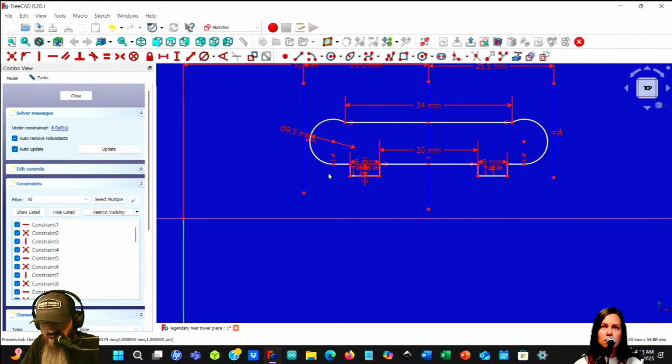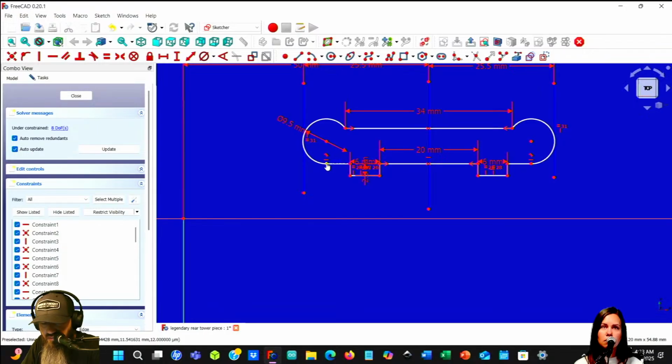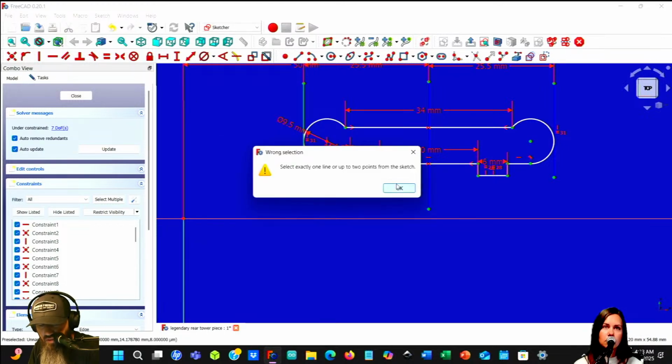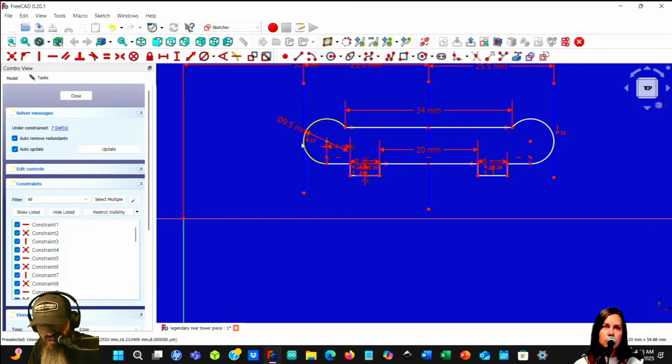And so basically now what we need to do is this needs to reach that line like that. And now I have 51 millimeters between these 2 lines, which is how wide the whole thing is supposed to be. So now if I define this line at what it is, it should be good. Okay, so now I have 7 things that aren't constrained that I need to constrain. So let's give this dot a distance from here. Okay, it's not going to let me do it that way. No, stop.